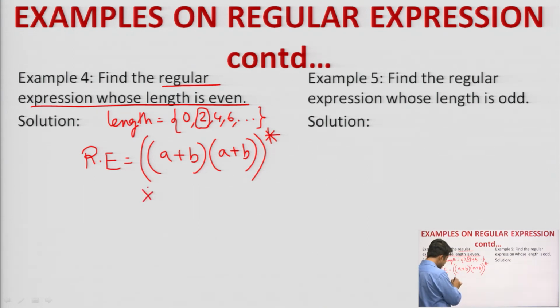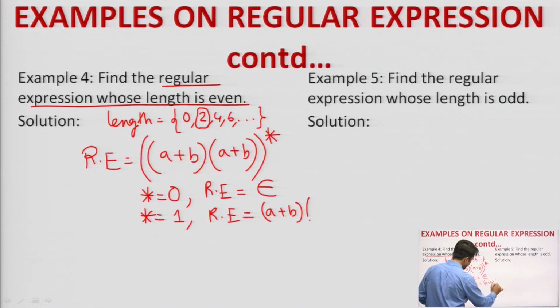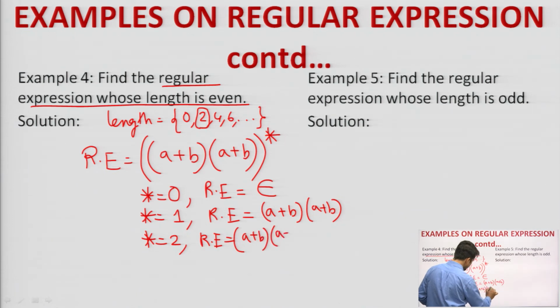See, if asterisk equals 0, then the regular expression will be what? Epsilon, correct. Something to the power 0 means what? 1 only. Then if asterisk equals 1, then the regular expression will be what? (a+b)(a+b). If asterisk equals 2, the regular expression will be what? (a+b)(a+b)(a+b)(a+b), and this will keep on